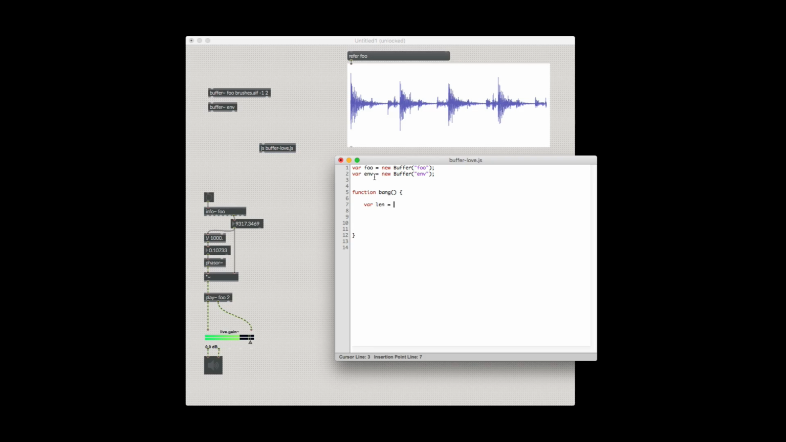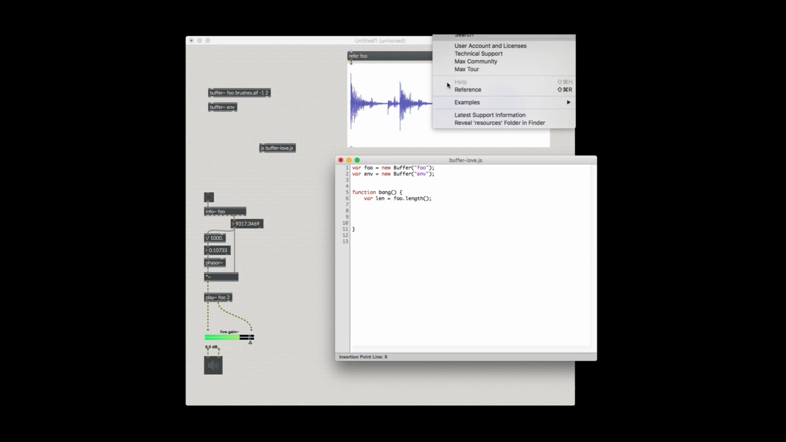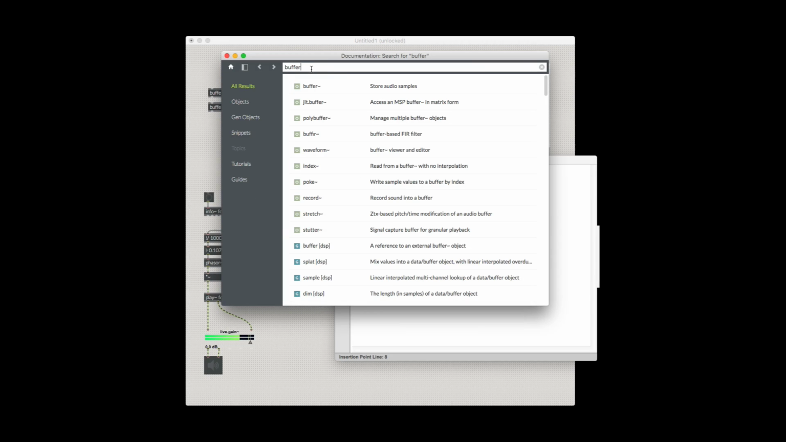Okay, so our first step then is that we need to know how long the existing buffer called foo is. We can do that with the length message. Now, if we imagine that I didn't know that there was a length message, I could go hunting through that help patcher. Or if we went to the documentation window and do a search,